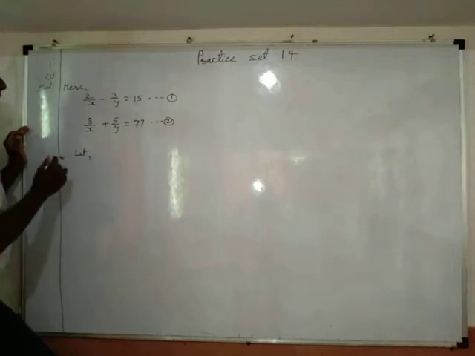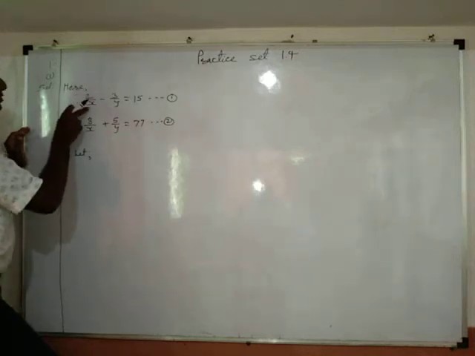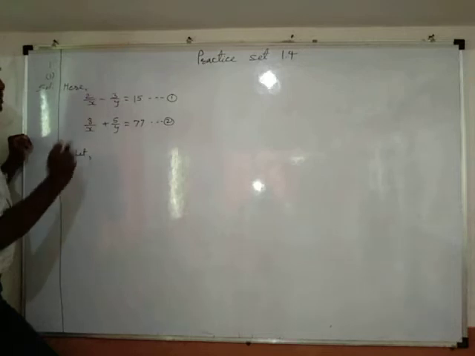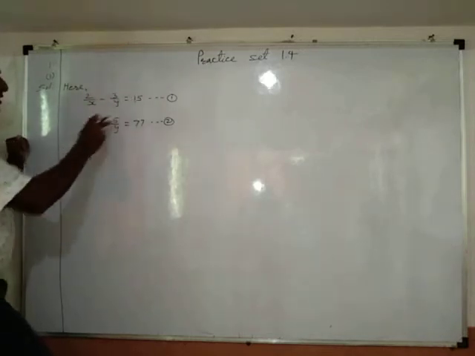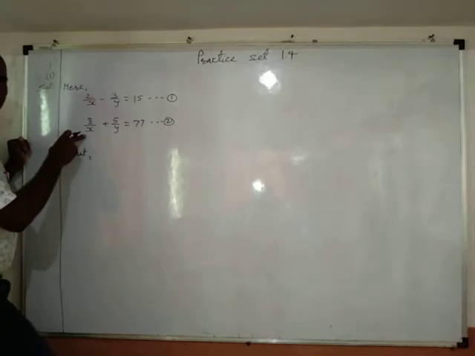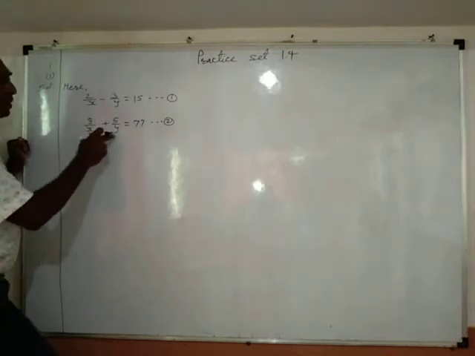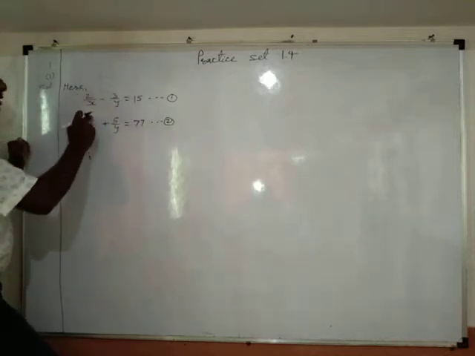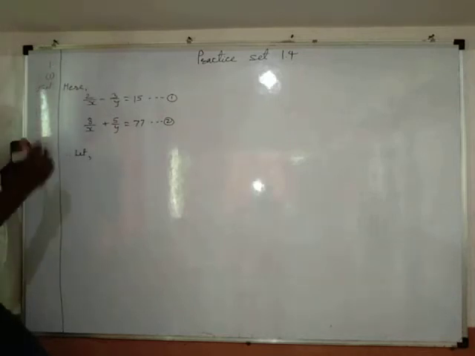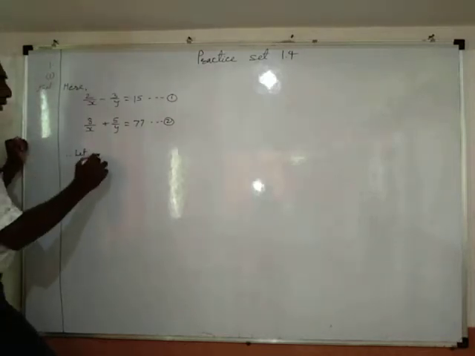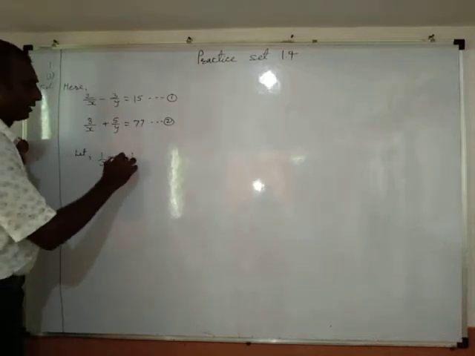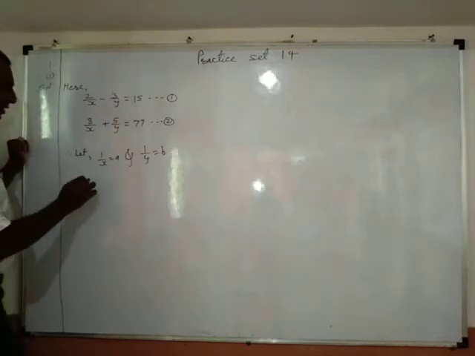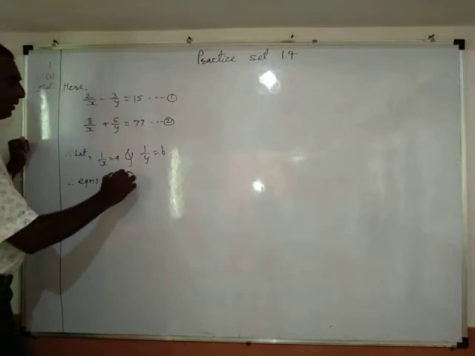Therefore, here you may note 2 upon x means 2 into 1 upon x, minus 3 upon y means minus 3 into 1 upon y, that equals 15. Similarly, 8 upon x means 8 into 1 upon x, plus 5 upon y means 5 into 1 upon y, equals 77. Means 1 upon x and 1 upon y we may substitute. That's why let 1 upon x equal to a and 1 upon y equal to b, and therefore equations 1 and 2 become,